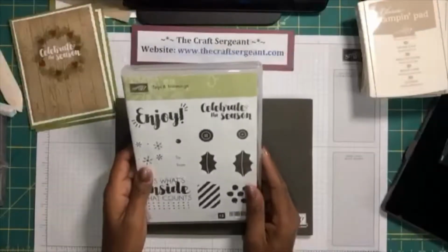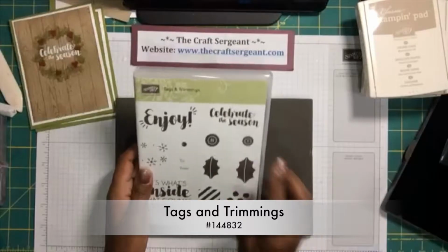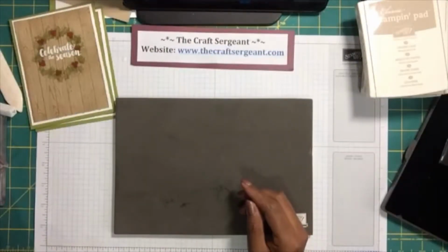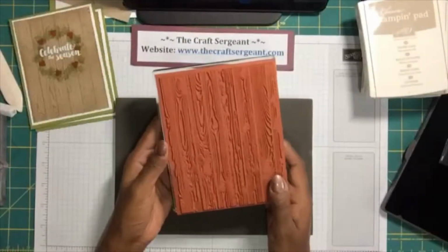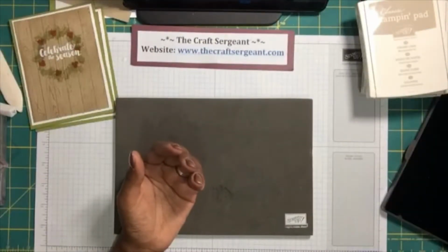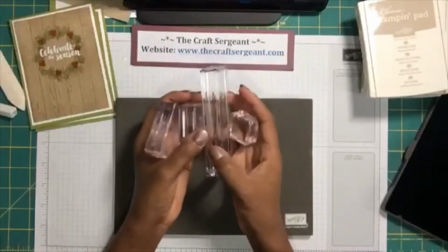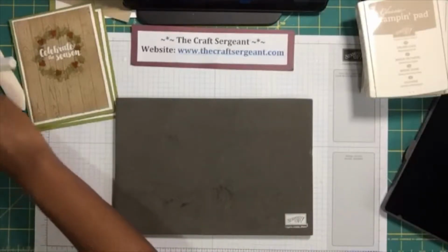And you're going to need some sort of sentiment. Any sentiment will do. I specifically used the Celebrate the Season sentiment out of the Tags and Trimmings stamp set. Now this stamp set is so brand new that it isn't even available yet. So it is in our holiday catalog, and as a demonstrator we get the perk of being able to order our catalogs early. So that is a bonus. So you as customers will not be able to order out of it until September 1st. So you're also going to need some acrylic blocks,